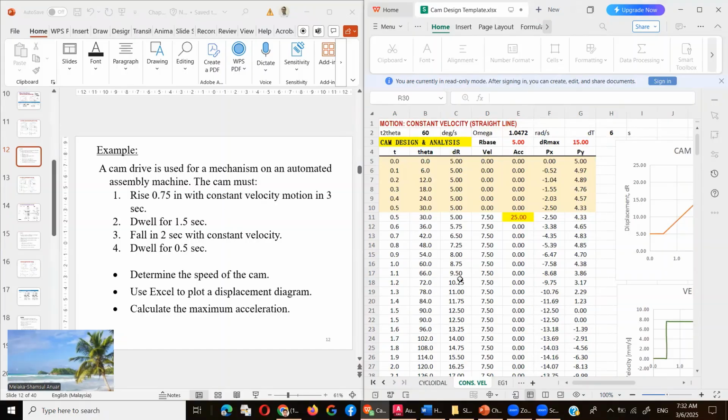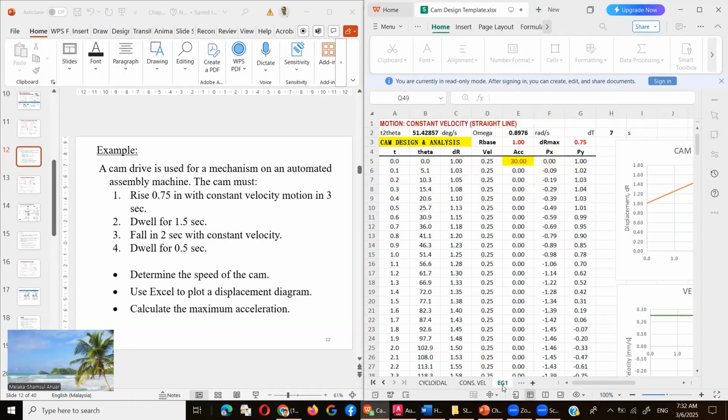Here in this template, there are a couple of things that we can change, such as dt, time. You can change it to 7 because if you take 3 seconds plus 1.5 will be 4.5, and then add another 2 seconds, 4.5 becomes 6.5, and then plus this 0.5 will be 7 seconds. So dt will be 7 seconds, and